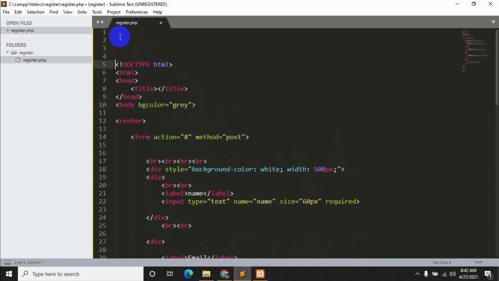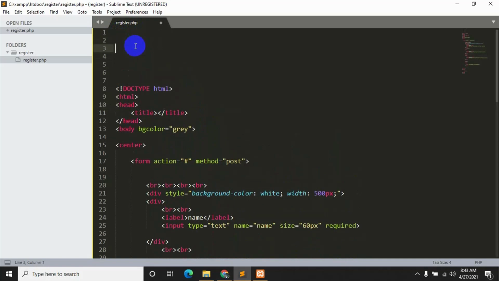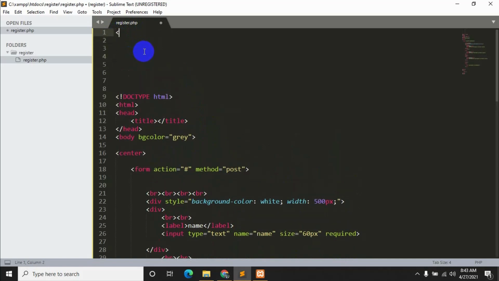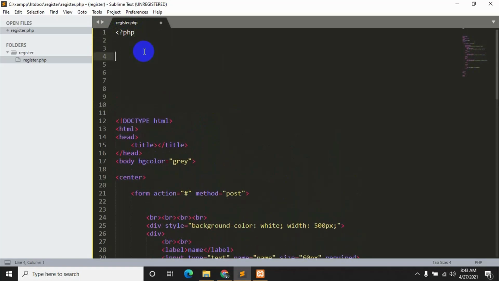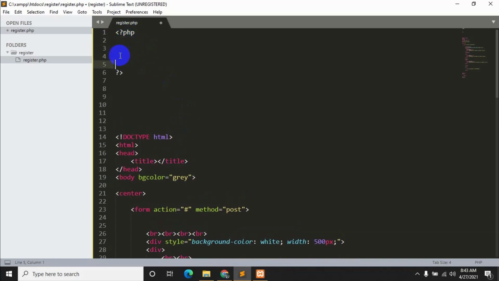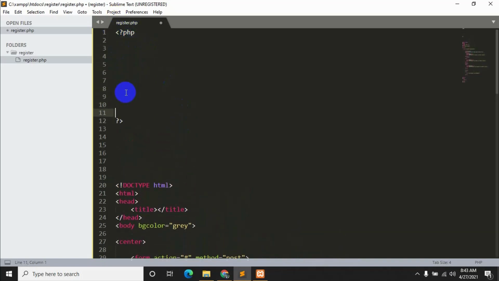So inside this now we'll write the PHP. Okay, now if you want to write PHP you need to give this sign. Once you give this sign you will be able to write PHP inside this.